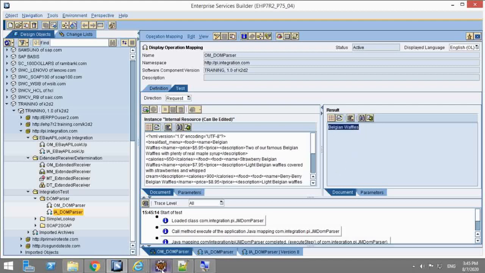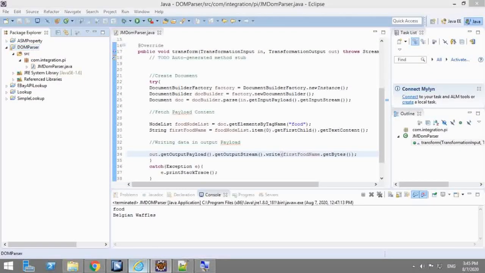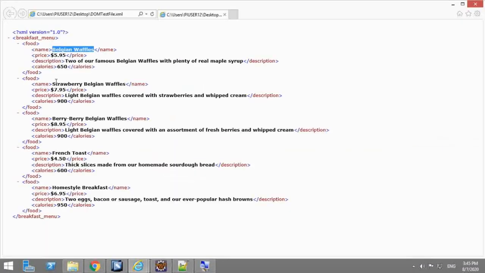Similarly, you can go and try to retrieve the other values. The process is the same, and there are many other methods and many other ways for accessing these elements. So you can try it out